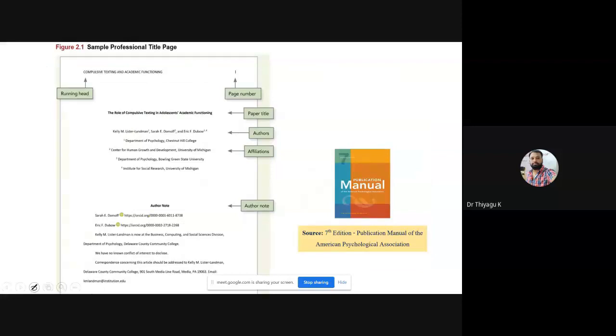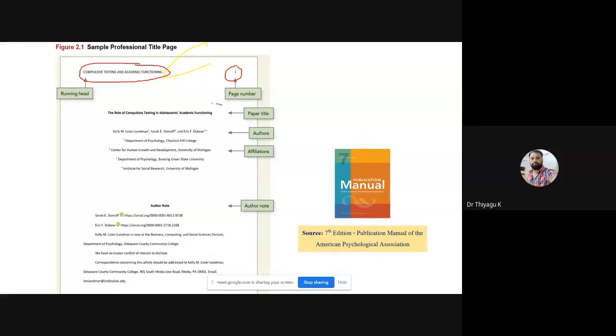See here, this is the APA book I'm taking this from. This is a manuscript, and I'm taking these things from there only. Just see here, I'm using another color to emphasize these things, the red color. See here, this is the page number, the top page number. In the APA 7th version, the page number as well as the heading should be at the top. This is the 7th manual I'm talking about. So the page number and the running head should be there.